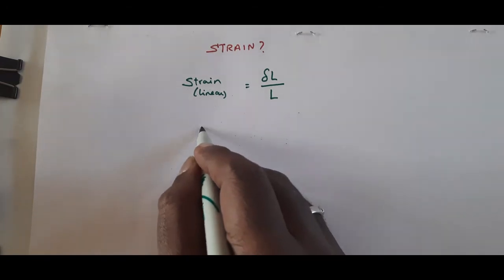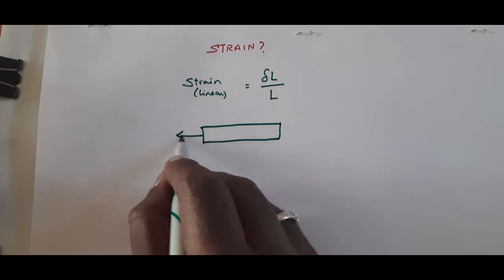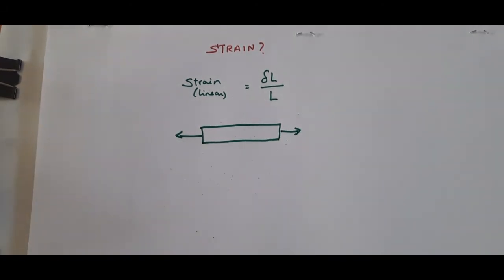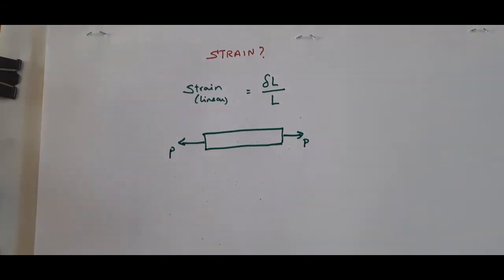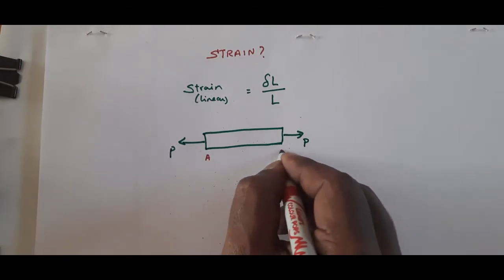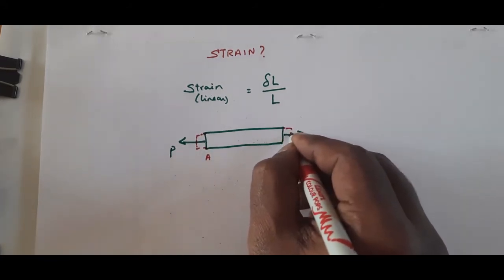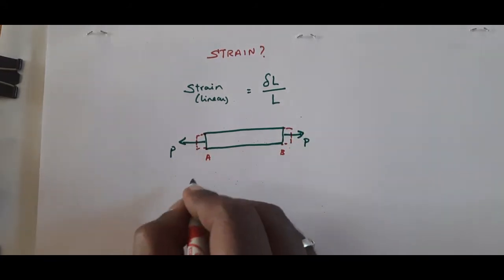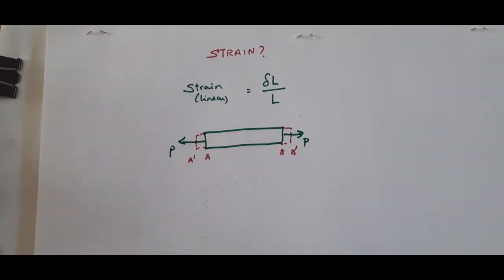section. Let us now assume that a beam is being loaded with an axial force in tension. So now what happened is, after the application of this load, this beam or this bar travels from one position to a new position. Okay, so it travels in this way. So this new position is now going to be called A dash and B dash, right?